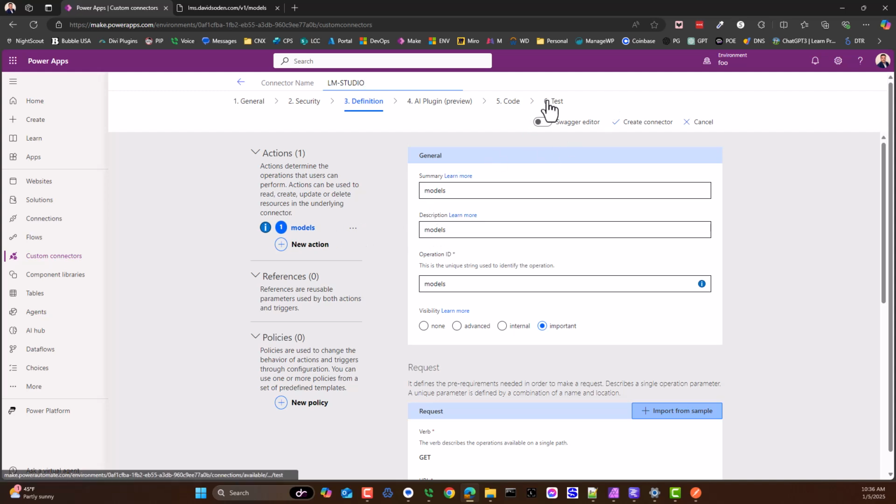You might be tempted to go through here and hit create connector and then test, but if you do that, you're going to wind up creating a connector and get yourself into trouble. I'm begging you right now: do not hit create connector, and do not create a connection from this connector until you're completely 100% done, because the Power Platform does this behind the scenes where it writes data to some cache,